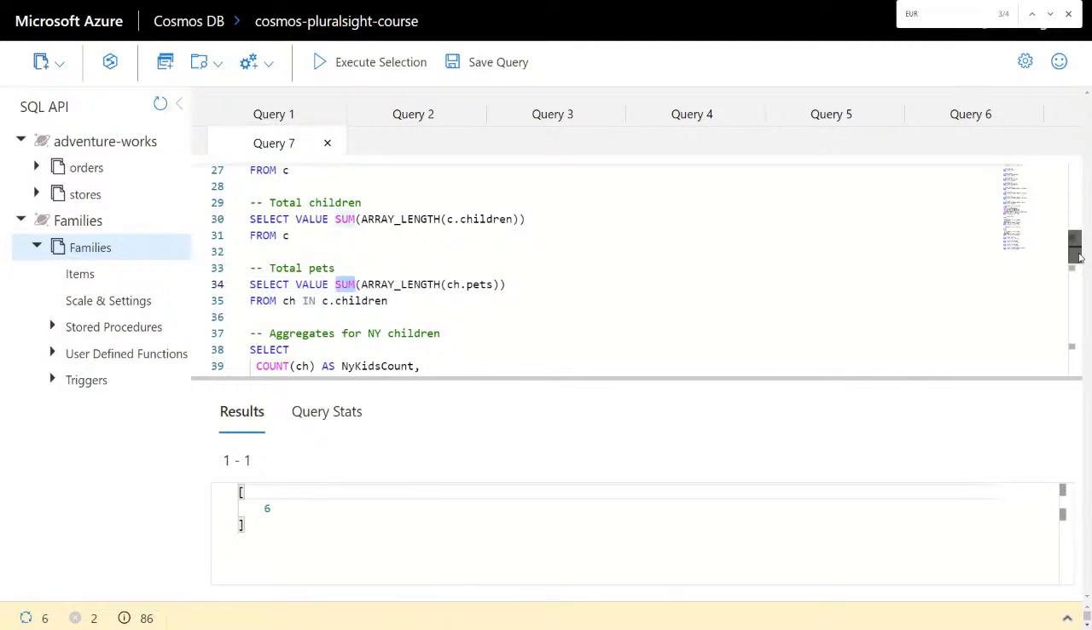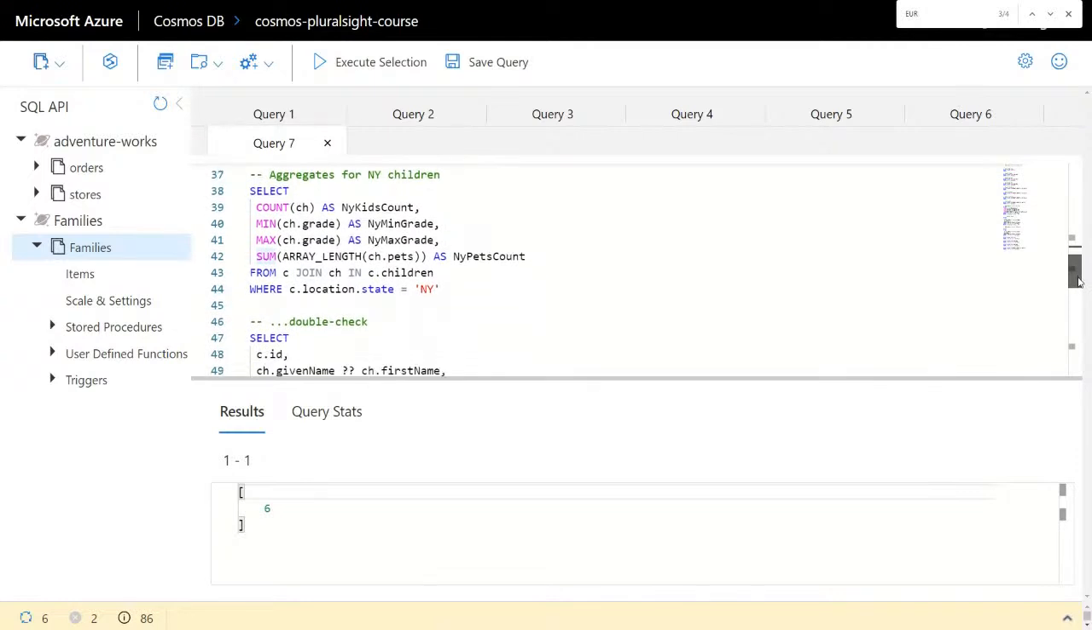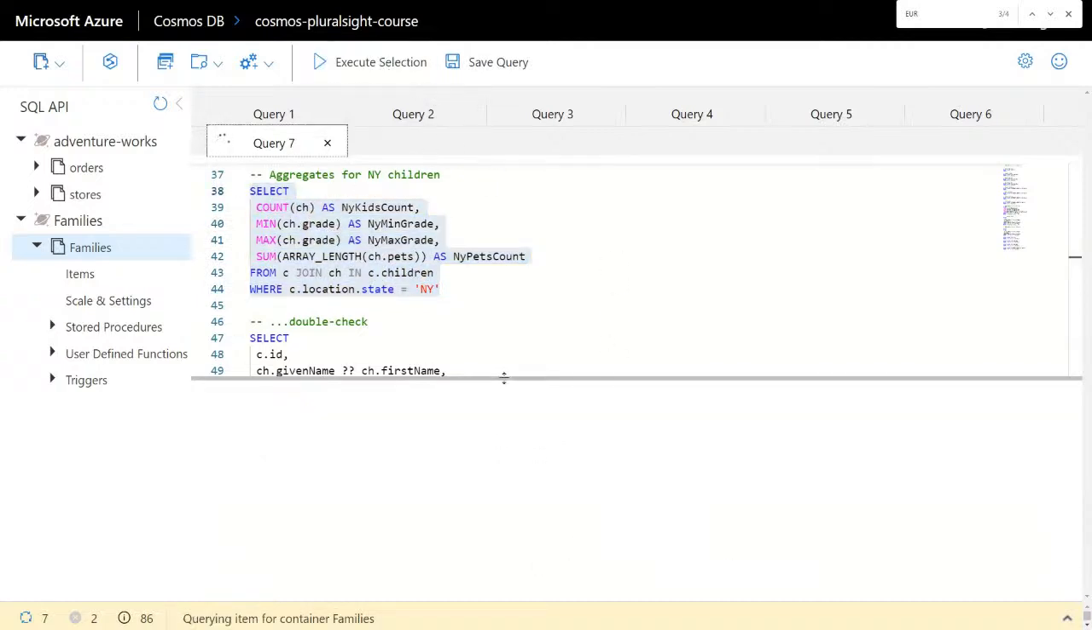Aggregates for New York children. This was written before they made it possible to do this, even with cross partition. You see, I'm running multiple aggregation queries. I'm sorry, multiple aggregation functions. That used to be possible only with single partition queries, such as this one, because I'm partitioned on state and I'm limiting it to New York. So I'm able to get in one query